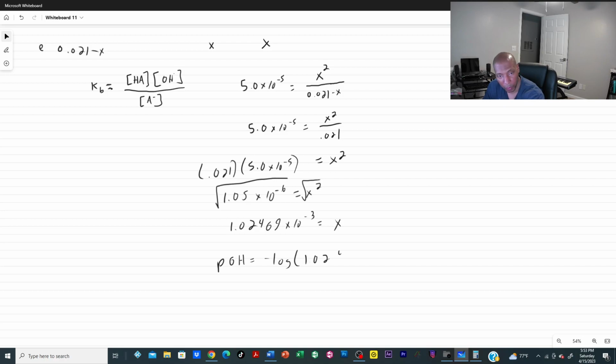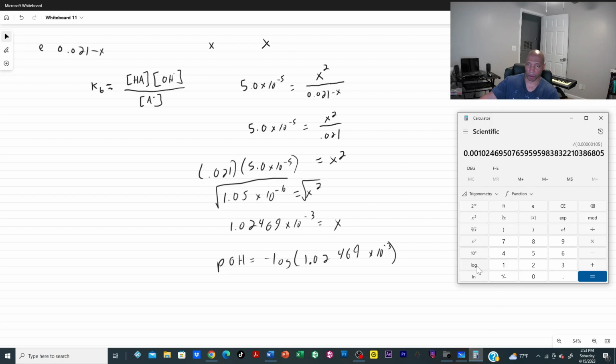Okay, hold your horses now. This is a weak base problem. So we know that X is going to be my hydroxide ion concentration. So I'm going to go ahead and find the pOH. I'm going to say pOH is equal to the negative logarithm of 1.02469 times 10 to the negative 3. And get that little decimal point right there. All right, so let's go ahead and get the logarithm of it. Get the negative log. So I get